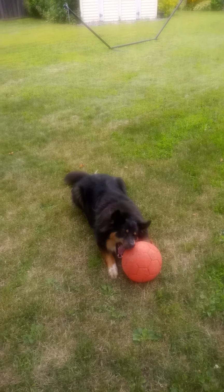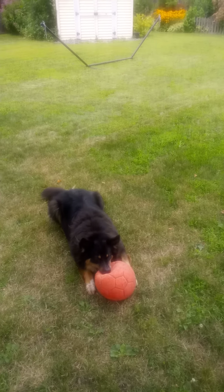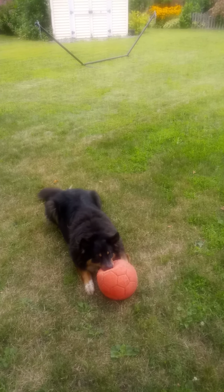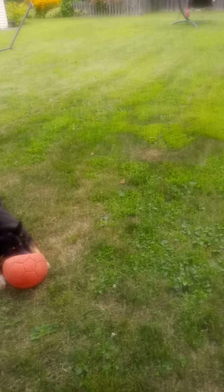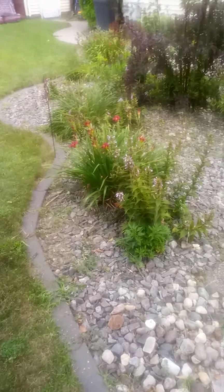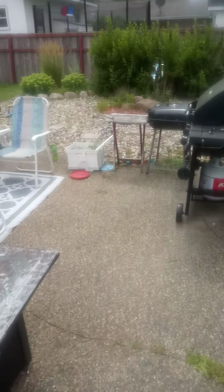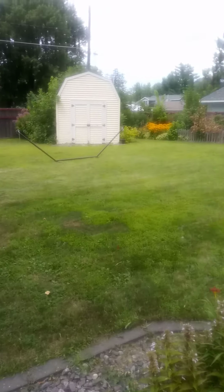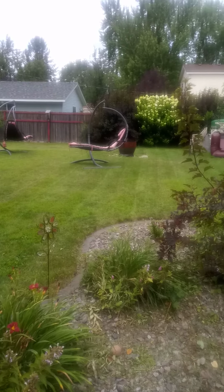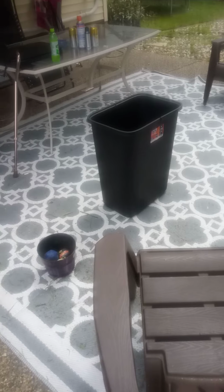running around with him. I've got some projects that I'm going to be doing here and sharing with you. So it's a Saturday. I'm just going to do a couple of typical outdoor Saturday things. So here we are. We're in our backyard and just enjoying it. We got just a nice quiet day in the neighborhood, I guess, if you want to call it that. And what I'm going to do is I'm going to do just a couple little chores here, and I'm going to invite you along